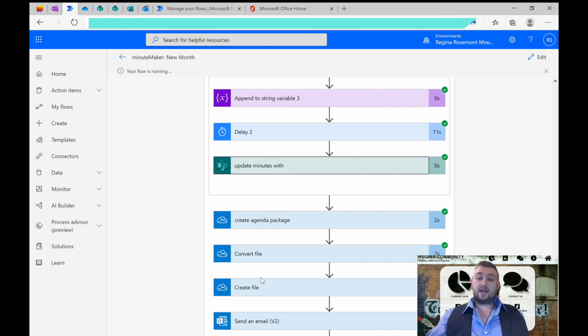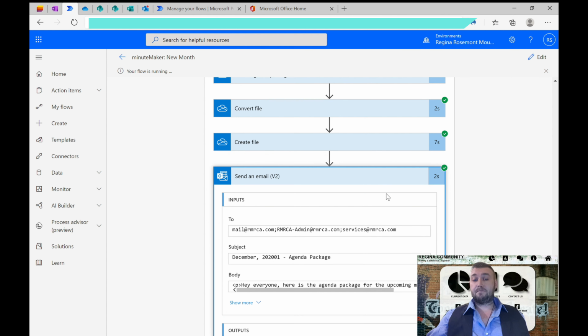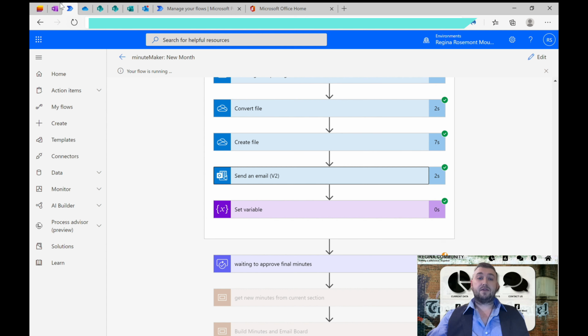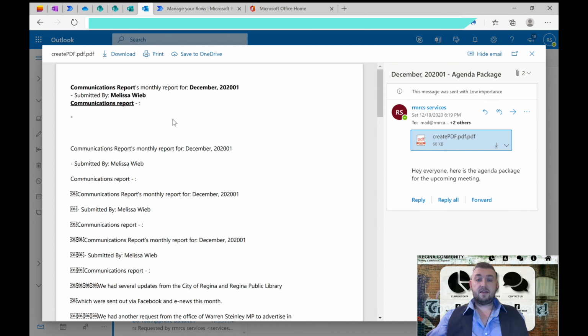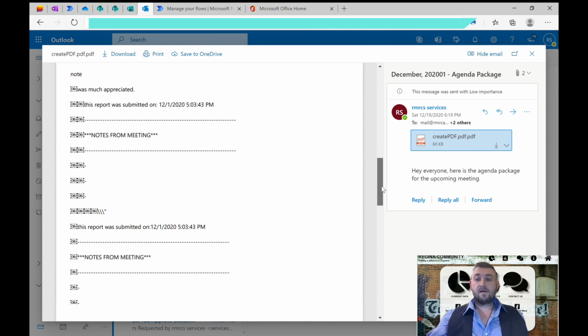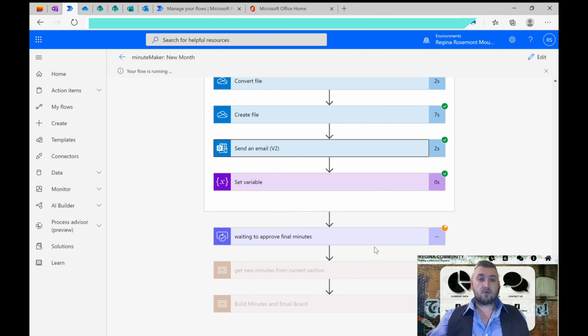It's going to create an HTML file out of all the meeting minutes that it found. It's going to convert that to a PDF and then create a PDF. And then it's going to email that PDF out to the board. So if I check my Outlook here, we're going to see this guy right here. So that's that communications report that would have been sent out so that everybody's ready to go for that particular